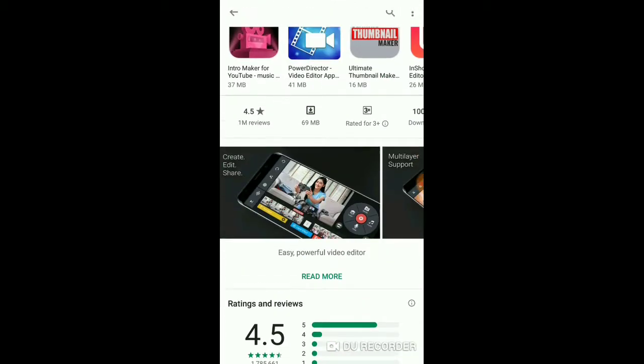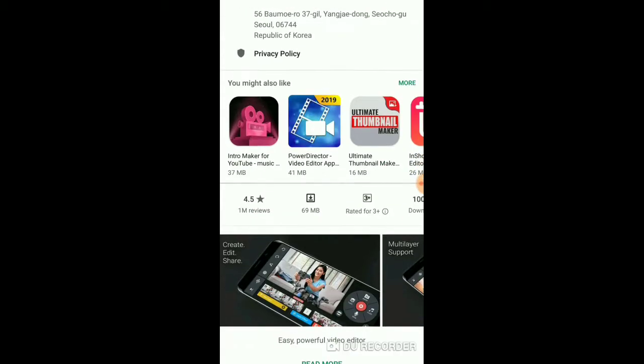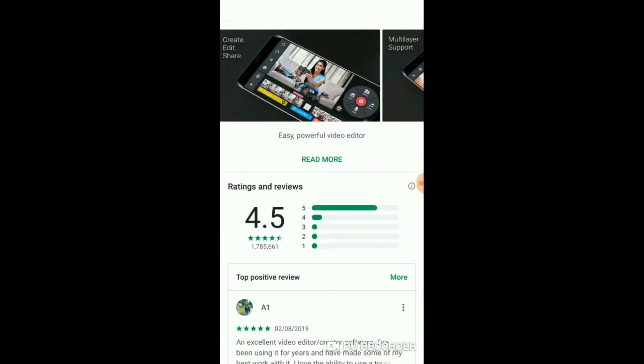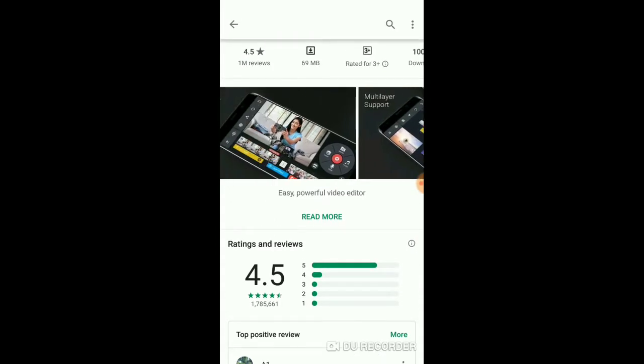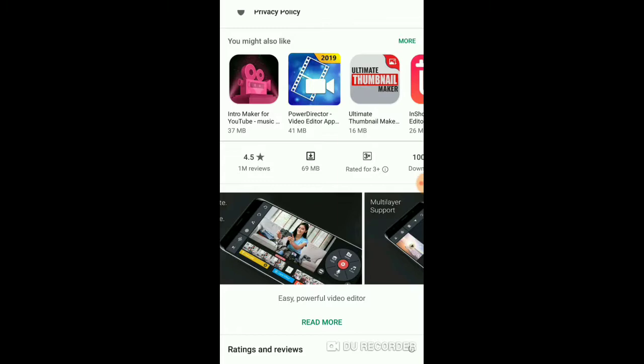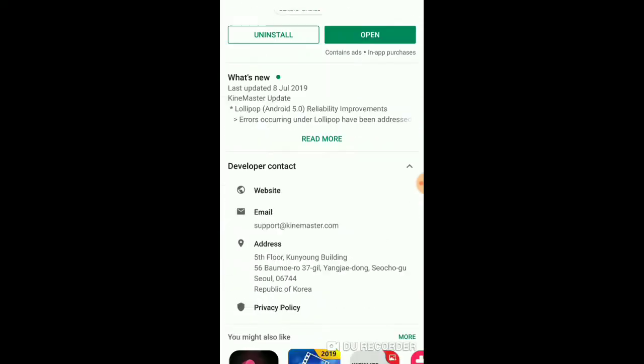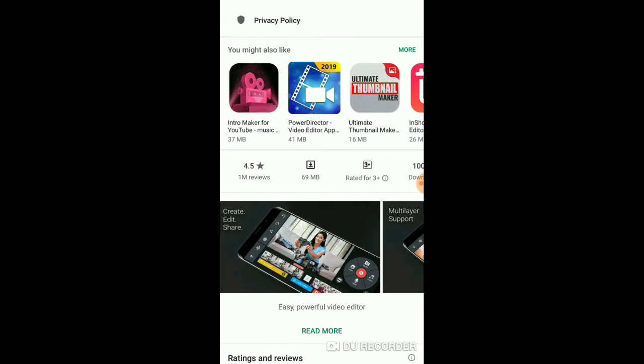You can directly download Kinemaster from Play Store, but as I said, this is not the pro version, this is the basic version. In the pro version you get some more options which you don't get in the normal version. In the pro version you get multiple layers, editing and other transition effects, many other options. Plus you also get rid of the watermark. Now whenever you export